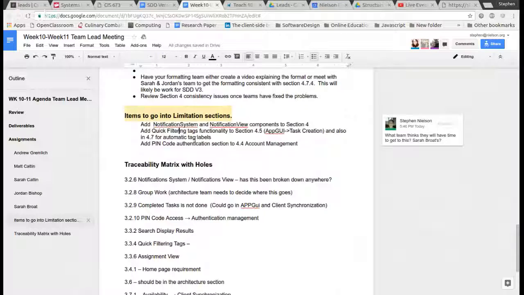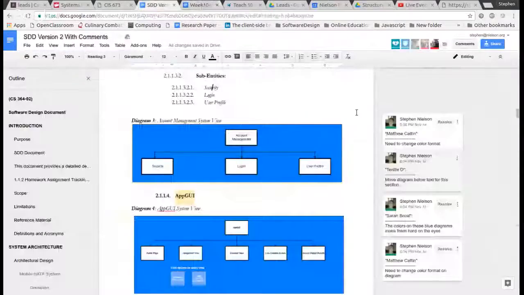Okay, and then where is the limitation? Okay. Let's see. Matt, you're sounding like you're wanting to do that. Are you wanting to take that on? I mean, I don't mind doing it. I'm needing to figure out where the limitation section is. I feel like we didn't really put very much into the limitations originally, and is that kind of what you're